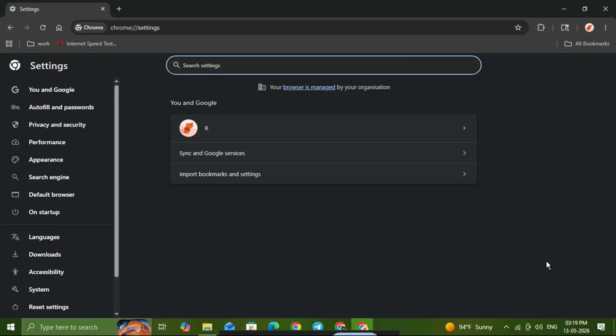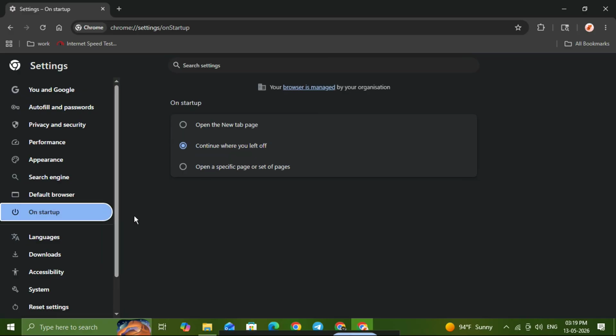it up again. On the left-hand side of the settings page, find the option called On Startup. Click it. This is the section that controls what happens every time you open Chrome after closing it. Now, you'll see a few choices. To make sure your tabs come back after you close Chrome, select Continue where you left off. Once you choose this option, Chrome will remember your open tabs and restore them the next time you launch the